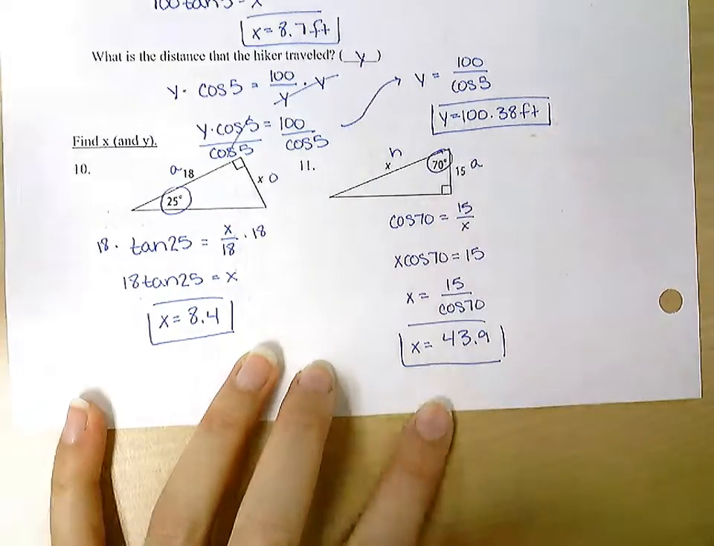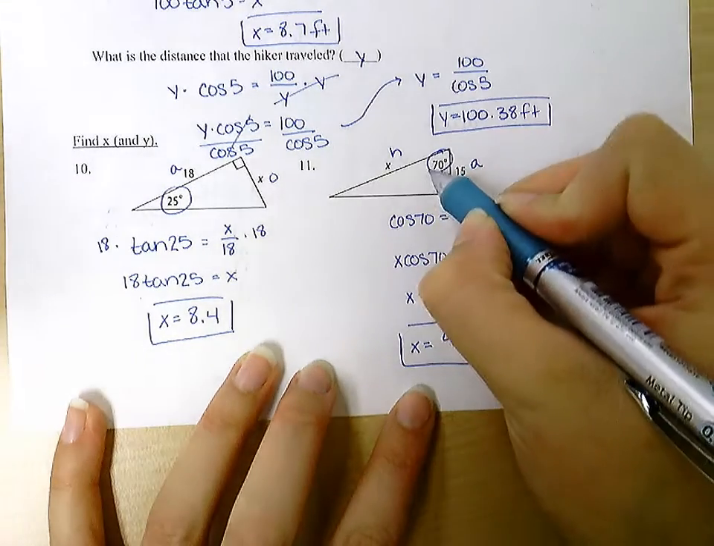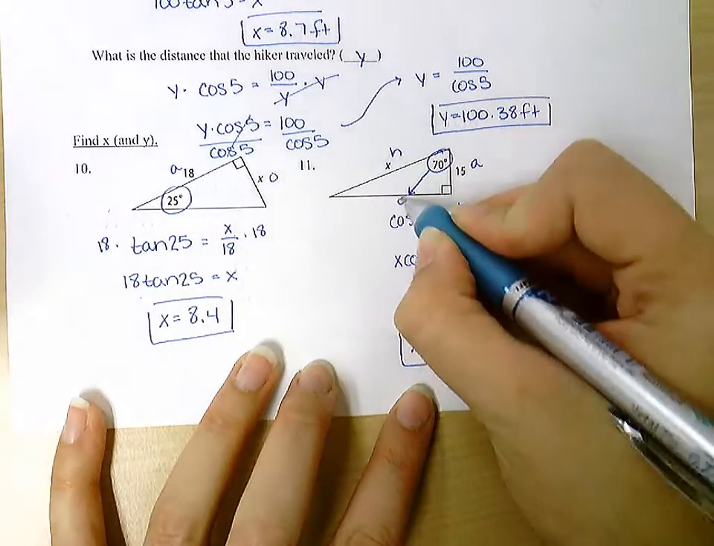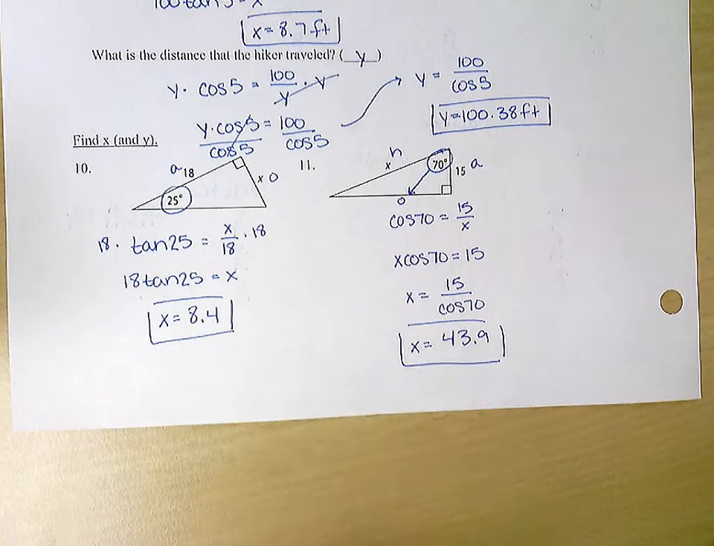Because I'm going from this angle, the side opposite that angle has to be across from. So this side would be your opposite side. Other questions? Before I explain what you're doing on